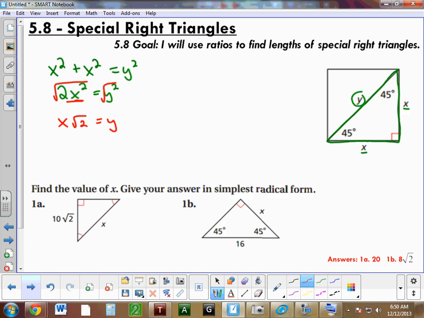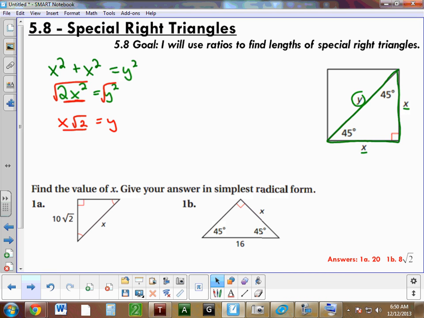If this whole simplifying square roots thing is tough for you, you might want to Google simplifying square roots and find some examples of that, because that's an algebra skill that I'm going to expect that you know how to do. So anyways, you can see that no matter what, in a 45, 45, 90 triangle,